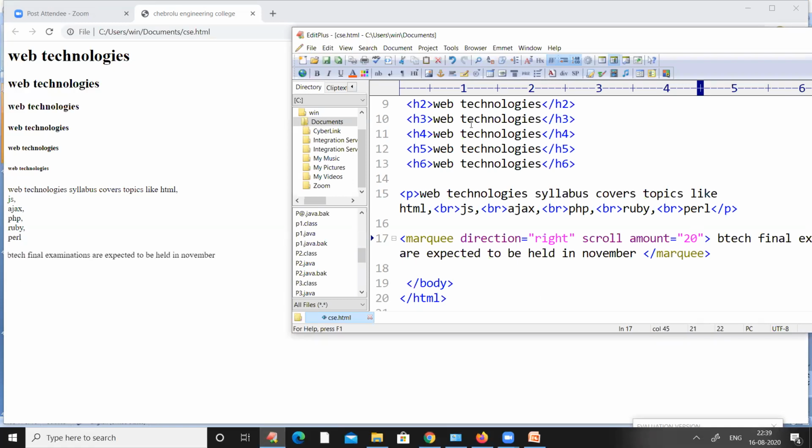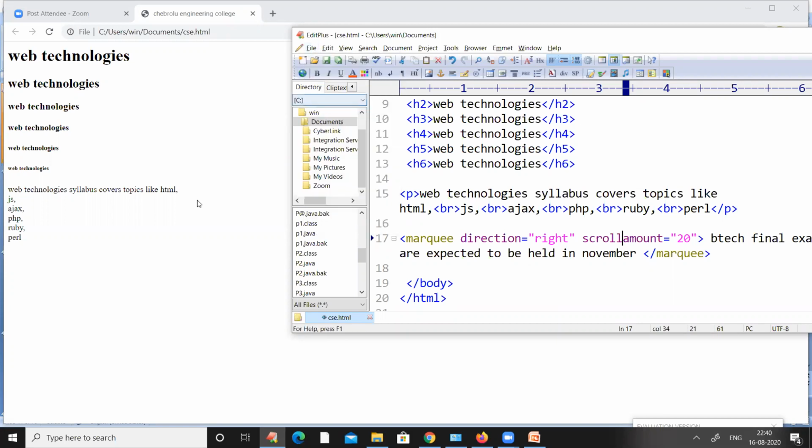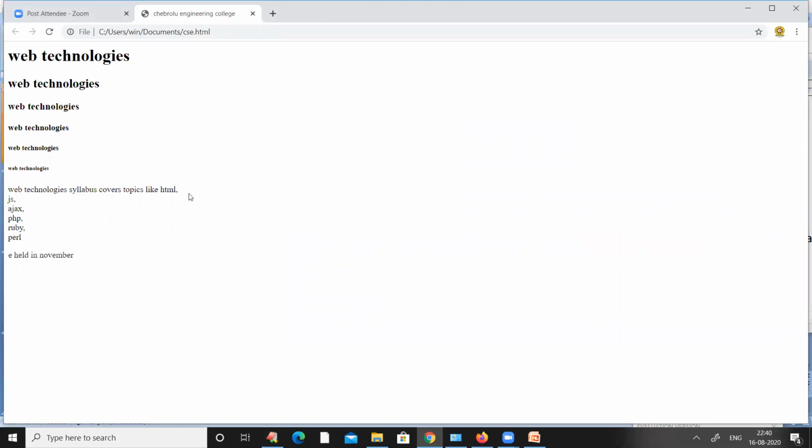Sorry, that attribute, scroll amount, we don't have any spaces in the attribute. So scroll amount is a single word. So scrollamount equal to 20, and then I saved this particular code.